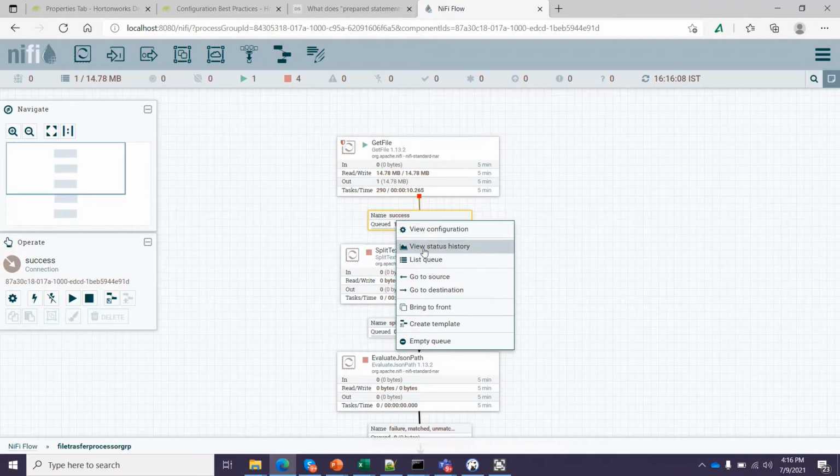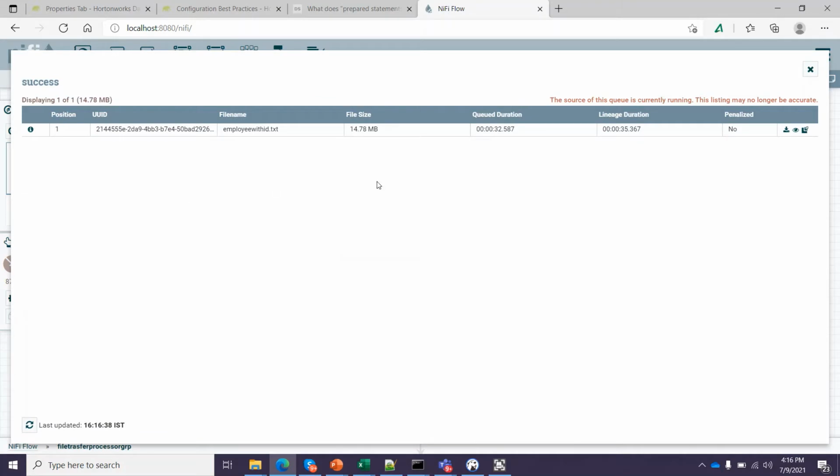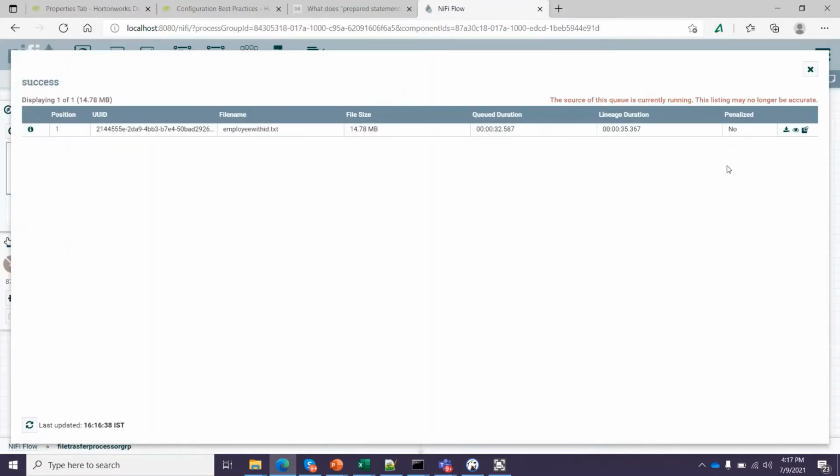Right click on it, list view. It's around 15 MB, so it will take some time to load. It is giving me a heap error, so let me download it.